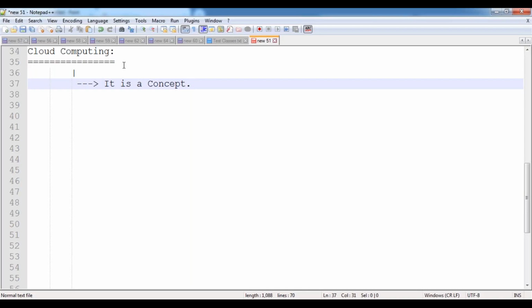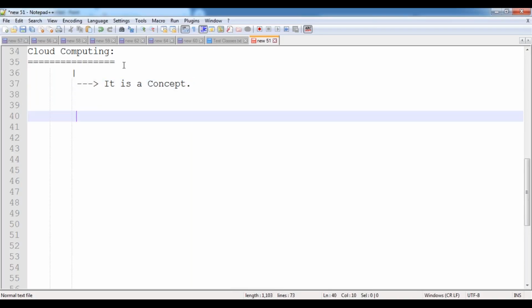For example, let me take a general scenario so that we can understand very easily. Assume that I would like to shift my family to Hyderabad. Assume that I'm staying in a different state. Now I got a job in Hyderabad. Now I want to shift my family to Hyderabad. So to stay in Hyderabad with my family, I need a flat, a 2 BHK flat.